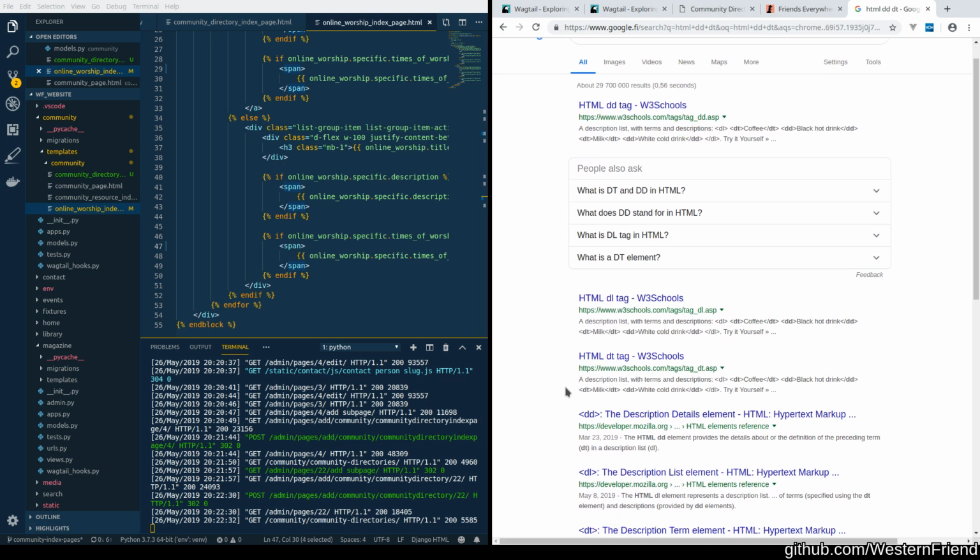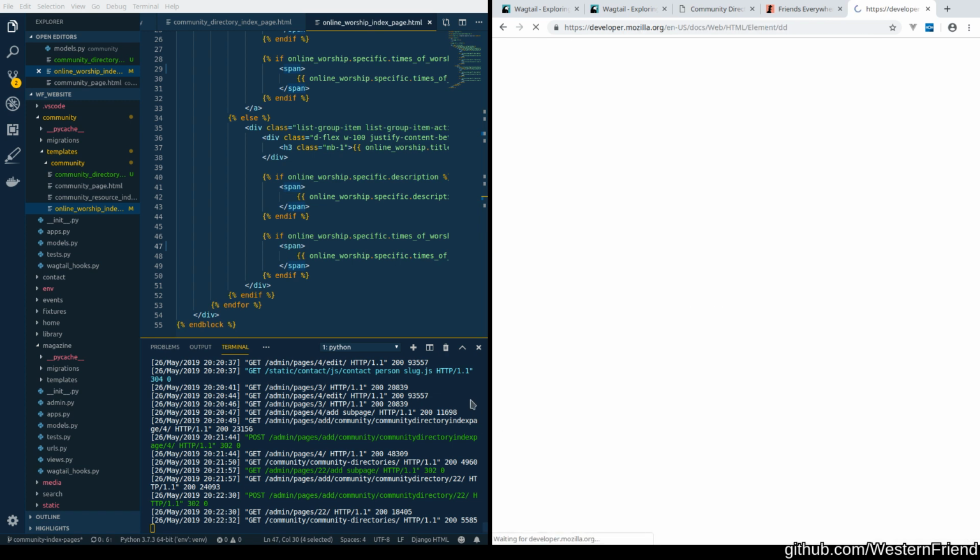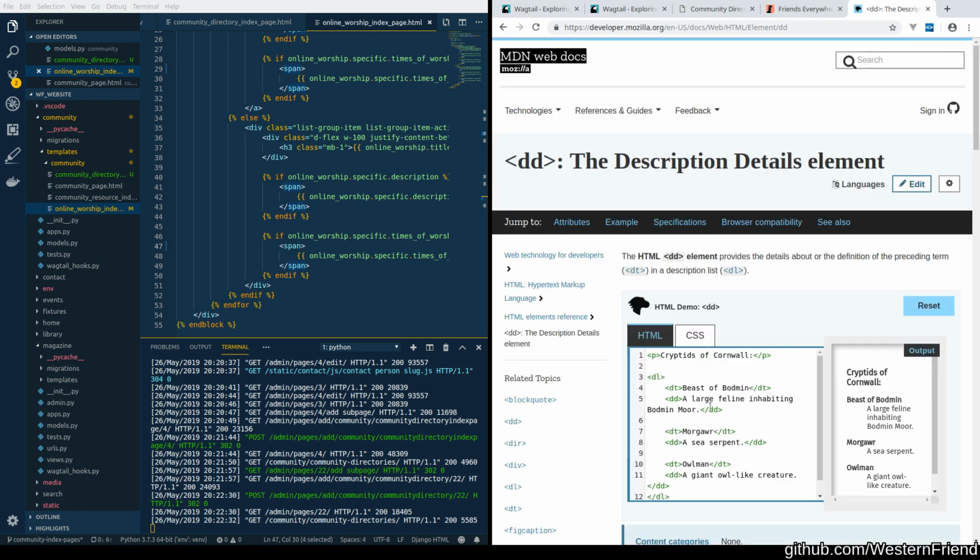Well, you're not supposed to use W3 Schools. I don't know, it's not so bad. I'm not that hardcore opposed to it. So it's a DL, DD, DT. Well, let's just do a